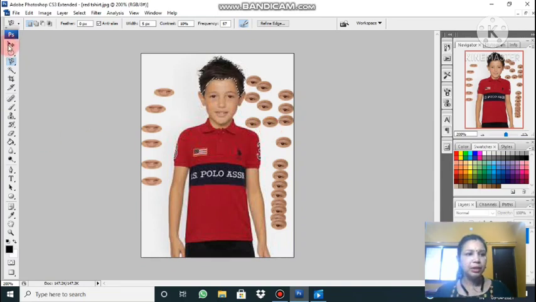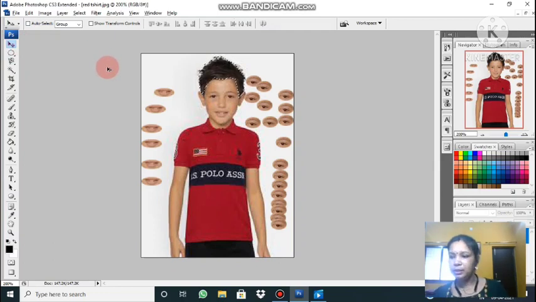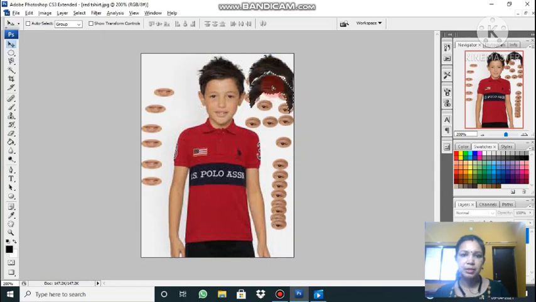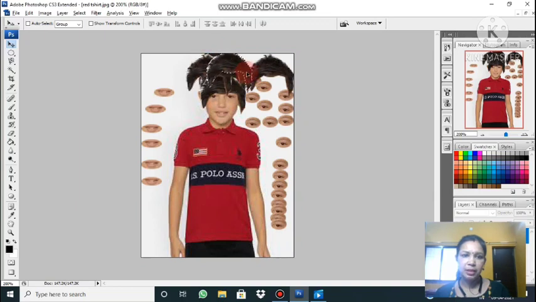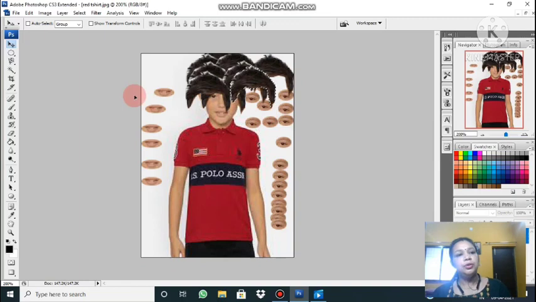Now click on the move tool again, and while holding down the Alt key, what you have to do? Click on the selection part. Once you have clicked, while holding Alt down, you will move it to wherever you want. Can you see this? I want some more hair on his face. So this way, some more at top, some this side, some that side. So I'm duplicating. So this is it. Clear? So this way you can make it.